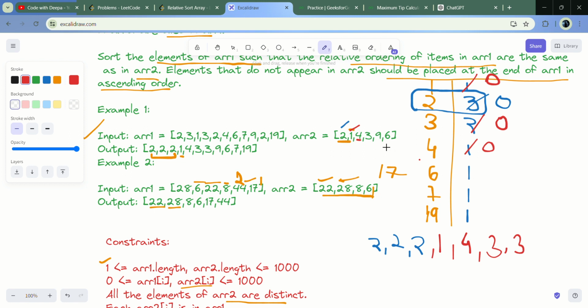Similarly for the rest of the elements, 9 and 6. Okay, so we are missing 9 here, so let me add 9. For 9 also, the frequency is 1. So we'll add the rest of the elements, and the array will become like this: